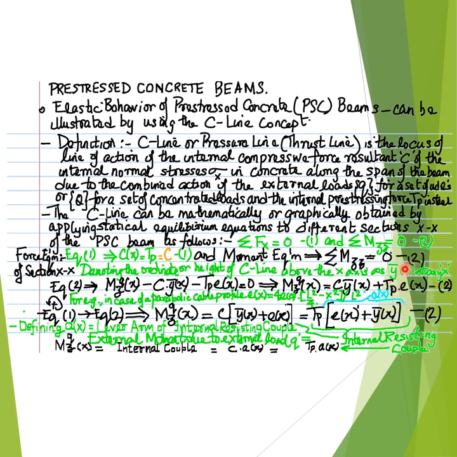wherein the function E, the argument x, represents the eccentricity function, that is the eccentricity of the pre-stressing cable or the pre-stressing tendon with respect to the centroidal axis of the beam at any general location x, based on the sign convention that the eccentricity E at any location x is considered to be positive when the